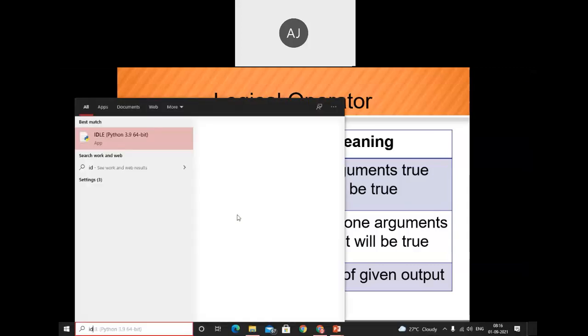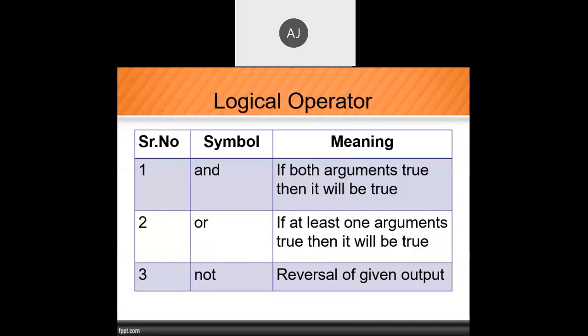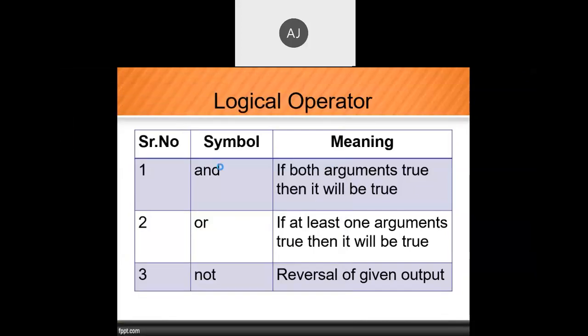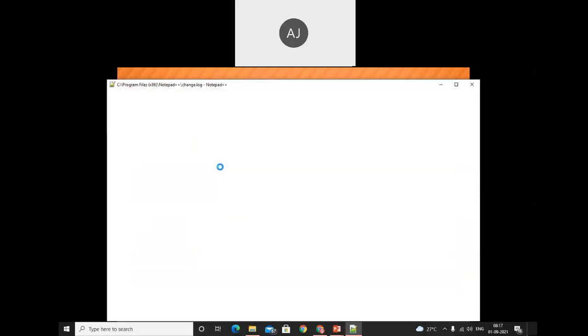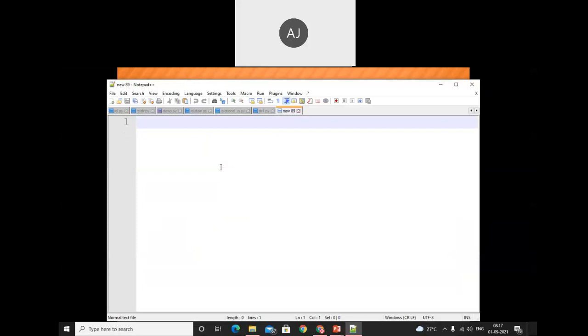We'll do the operations one by one. We cannot do the operations without a condition. For that reason, I will use a notepad and try to implement this logic. Now this is my program.